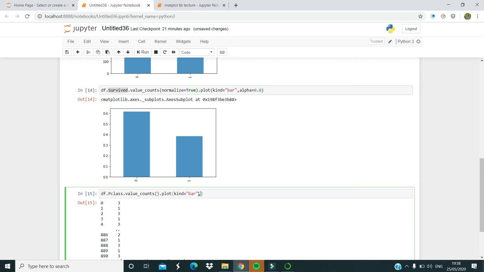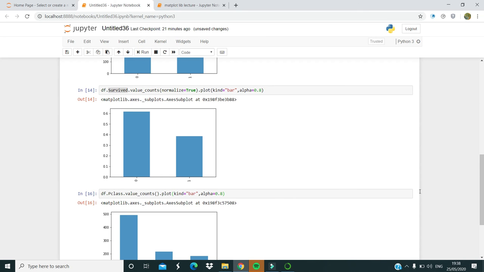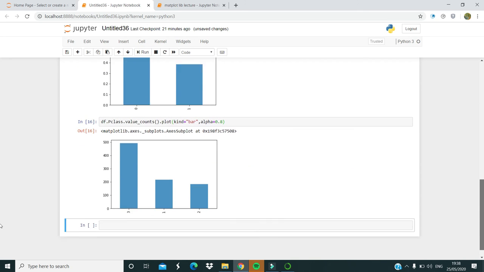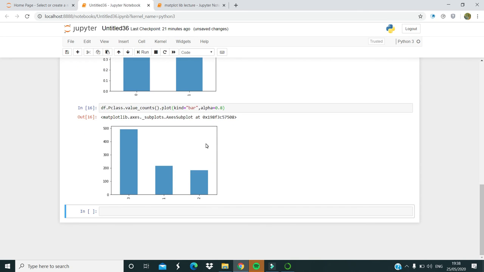To fix the transparency, we set alpha equals to, let's say, 0.8. Now let's plot it.